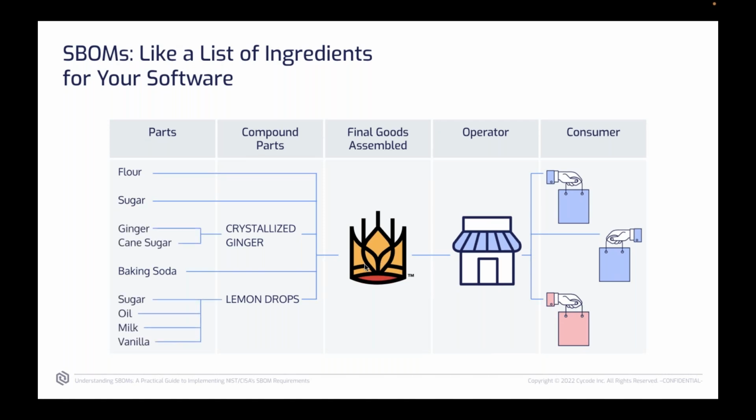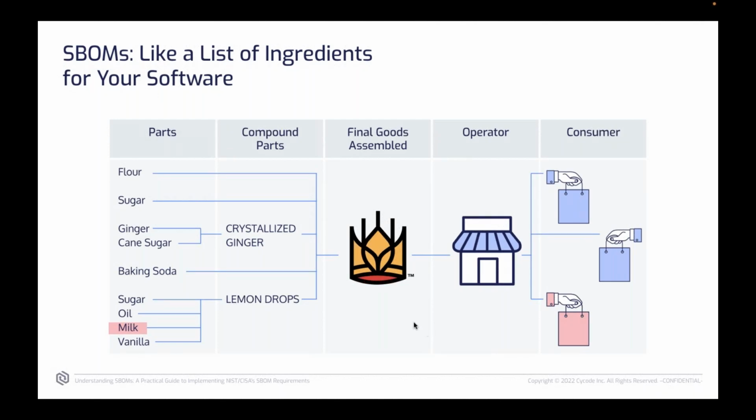And so King Arthur Baking will break down their compound parts into these parts, and guess what? Lo and behold, lemon drops contain milk. And so Robin down here can make an assessment of, like, hey, look, I don't want to go into anaphylaxis and end up in the hospital or maybe dead, so therefore I can't drink this. I can't eat this scone, no matter how delightful, because it has something that I can't tolerate, that I'm severely